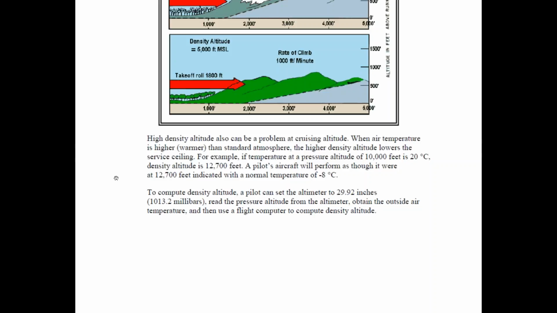For example, if the temperature at a pressure altitude of 10,000 feet is 20 degrees Celsius, the density altitude is 12,700 feet. So the aircraft will perform as if it were at 12,700 feet with a normal temperature of -8 degrees Celsius. So that's basically saying, it's the same if it's really hot outside, and